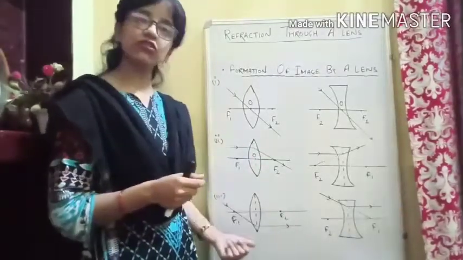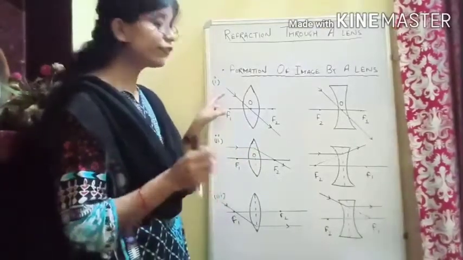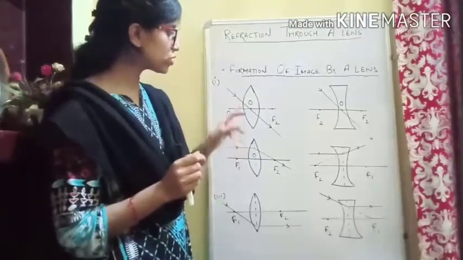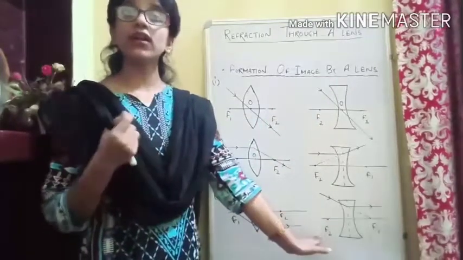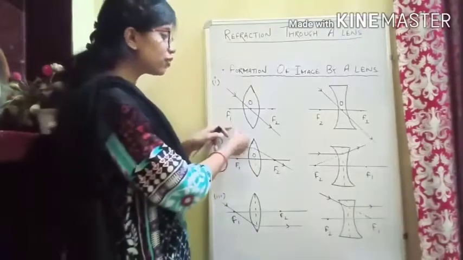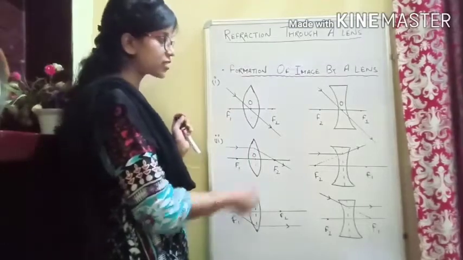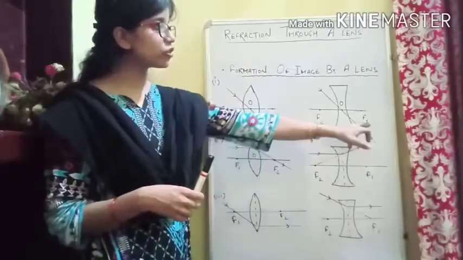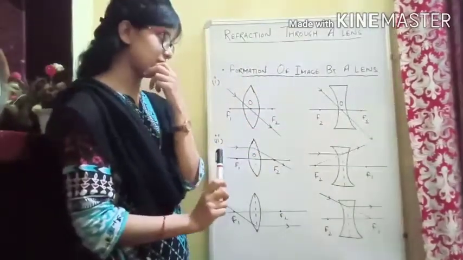And for the rays which we are going to take, there are set rules for how they behave. I have already drawn the rules, first, second and third. On the left side I have taken a convex lens, on the right side I have taken a concave lens. In a convex lens, the first focus is always on the left side, whereas the second focus is on the right hand side. Whereas in a concave lens, the first focus is on the right hand side and the second focus is on the left hand side. Okay.